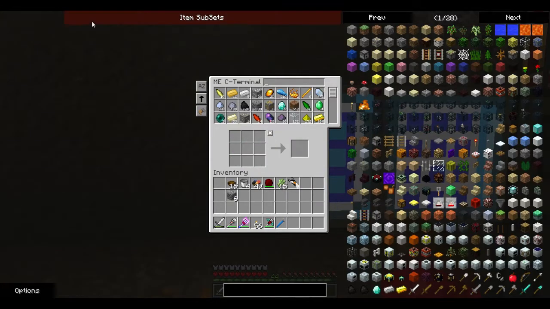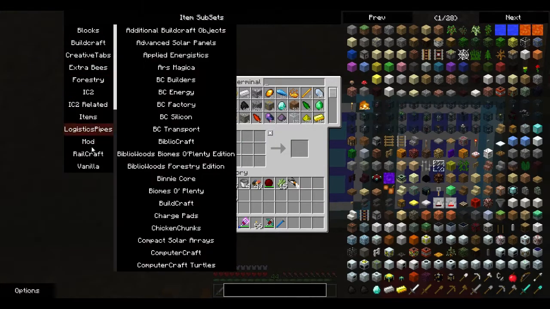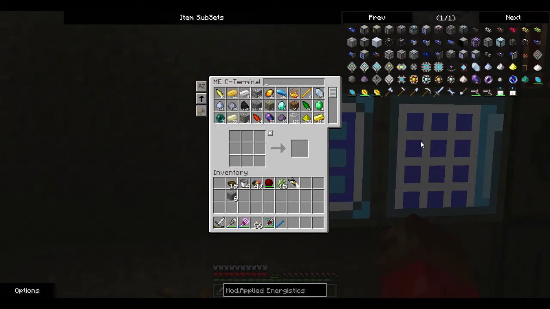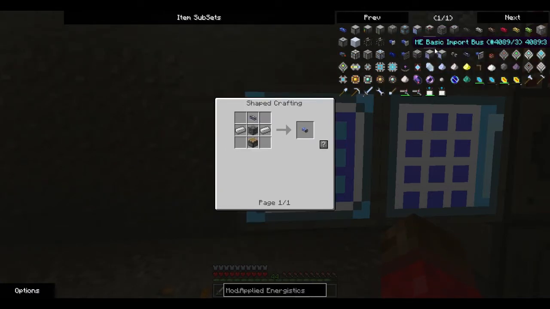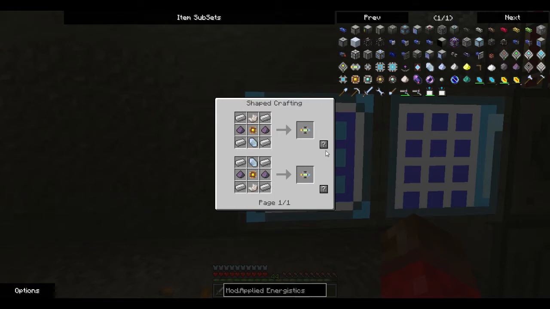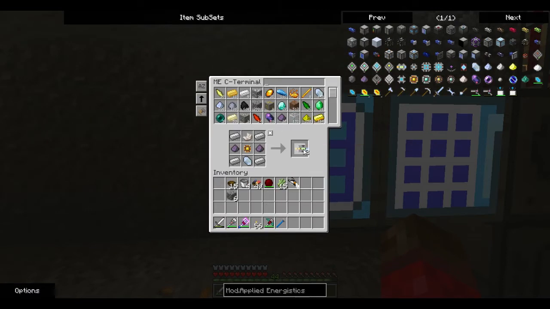So what I'm going to make are import buses and export buses, not storage buses. So I need to start with the basic version, and for that I'll need some interfaces again. Well, not again, for the first time. So 6 of those, throw them in, and